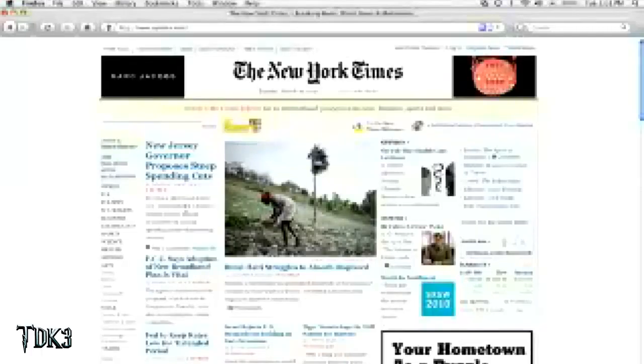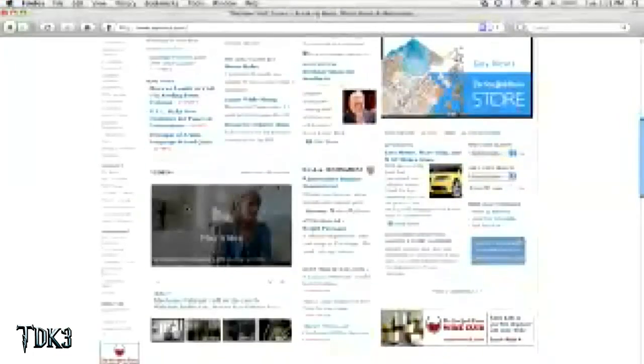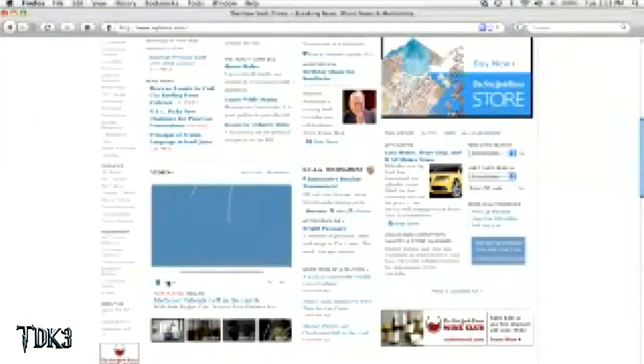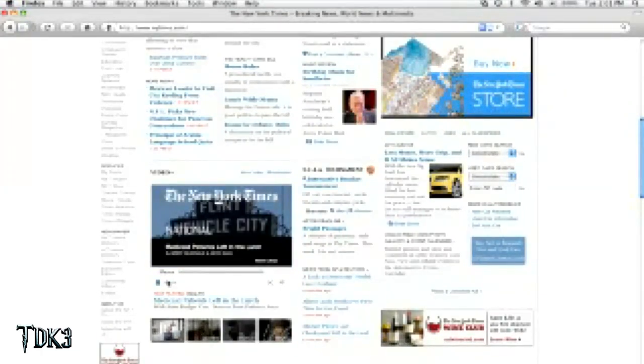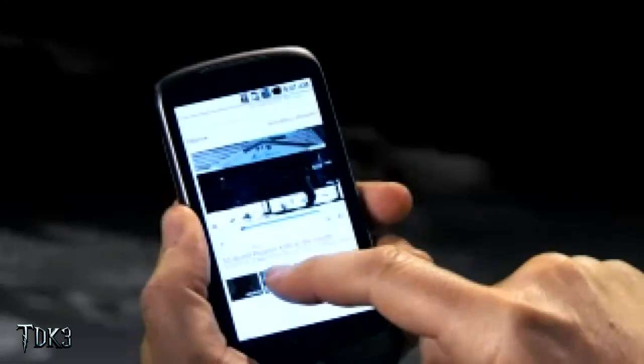There's already a wealth of Flash content on the desktop web, including the popular homepage of the New York Times, which features a video segment down below that allows you to play video in Flash. And now with the new Flash Player 10.1,